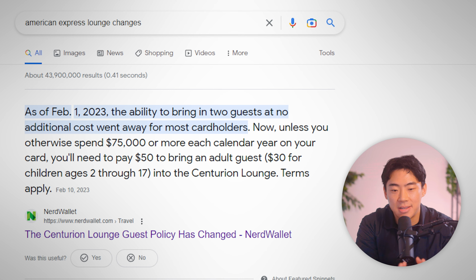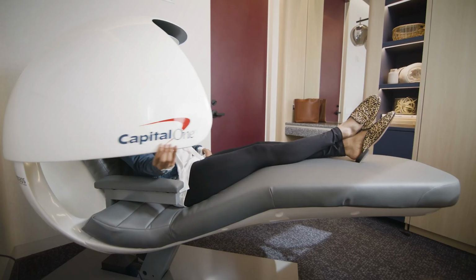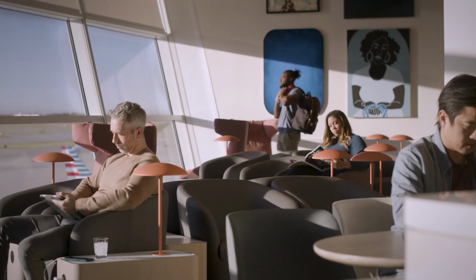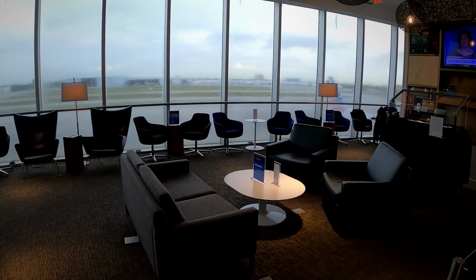lounges, which, by the way, guys, American Express recently had to make a rule on their Centurion lounge because it was getting overcrowded, too many people, service was going a little bit down, but I've just heard only great things about the Capital One lounges, how they're much more extensive and they're much nicer and they stack well with other lounge access cards. I remember even in my most recent travel that I had with my girlfriend, these lounges were just way too overbooked. The Centurion lounge was almost unusable, and it got me thinking, if there were any other alternatives, I would have